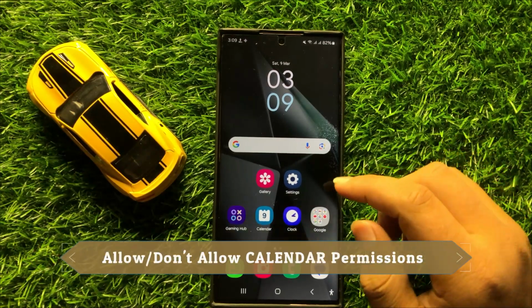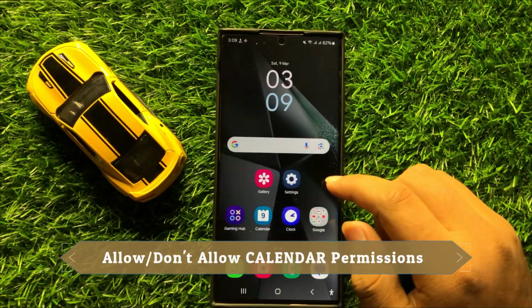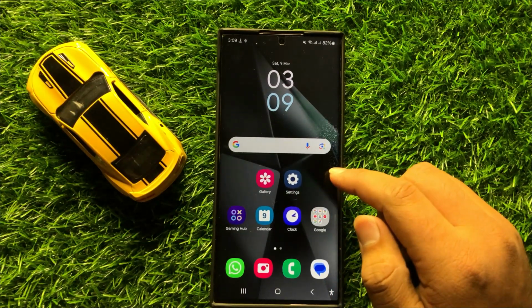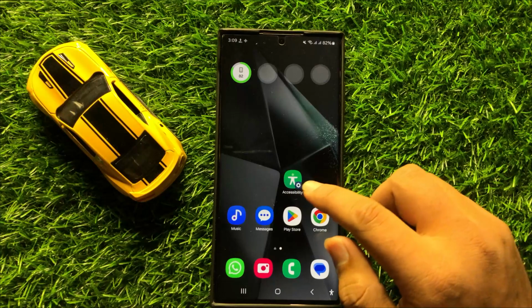Hello everyone, in this video I will show you how to allow or don't allow calendar permissions in Samsung Galaxy